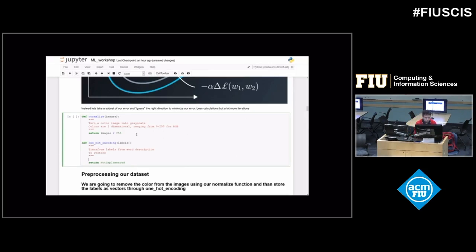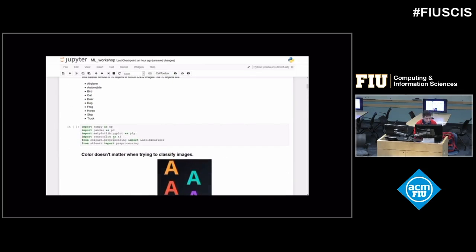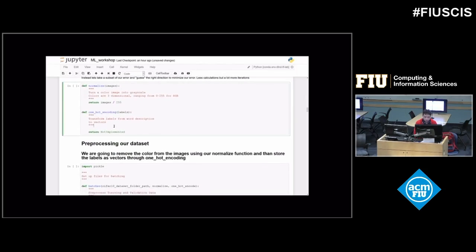For doing the one-hot encoding, we're going to be using a library. I have it here. sklearn has implemented one-hot encoding through LabelBinarizer. And so what we're doing here is preparing our data by pre-processing.